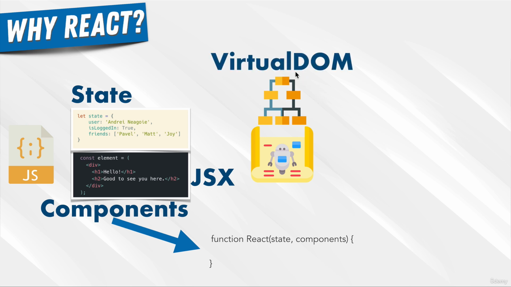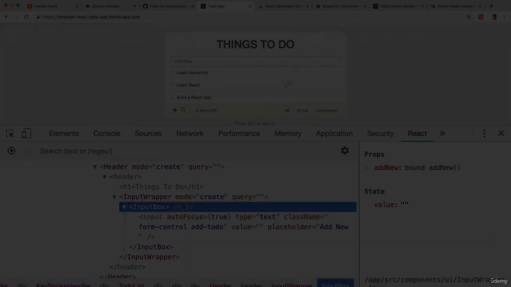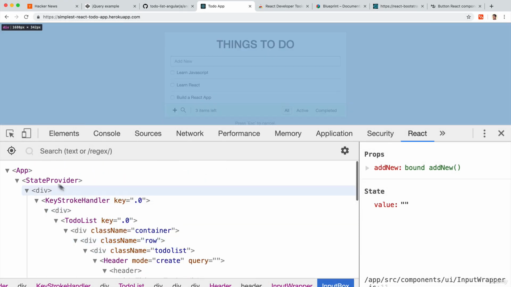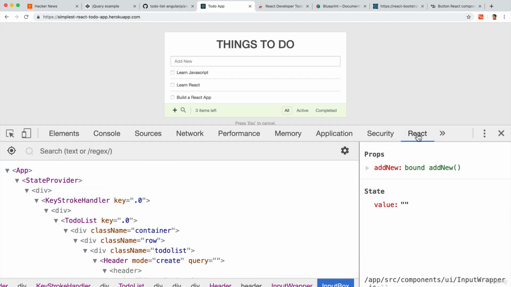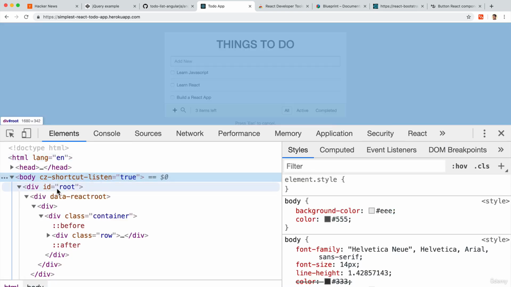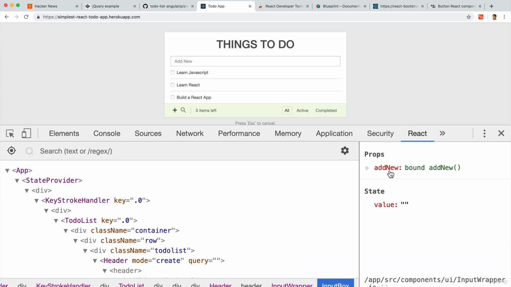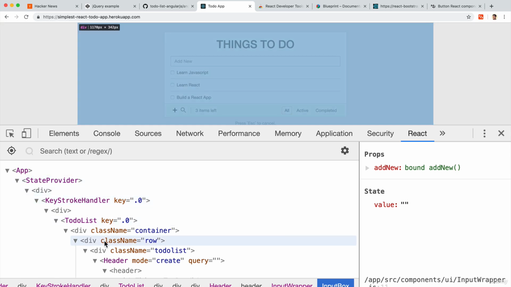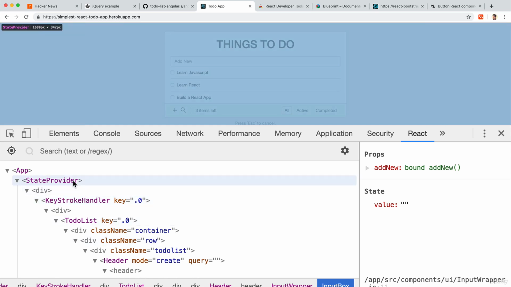That is, it creates a JavaScript version of the DOM. Remember, this isn't the DOM. We installed the React plugin to have something that looks like the Elements tab, but isn't exactly. And this is just a JavaScript object that describes our app